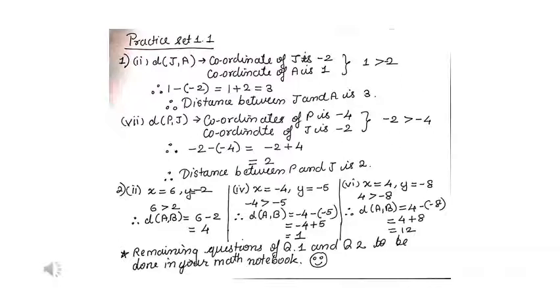Now the second question. Here they have given us x and y as the coordinates of point A and B, and for every sum the value of x and y is changing. So I have solved three different types of questions in it. First I have taken question 2 where x is 6 and y is minus 2. Again the steps are similar to question 1. The only difference here is they have given us coordinates as x and y, so please do not get confused. Okay, you compare again the coordinates, you subtract them and you get your answer.